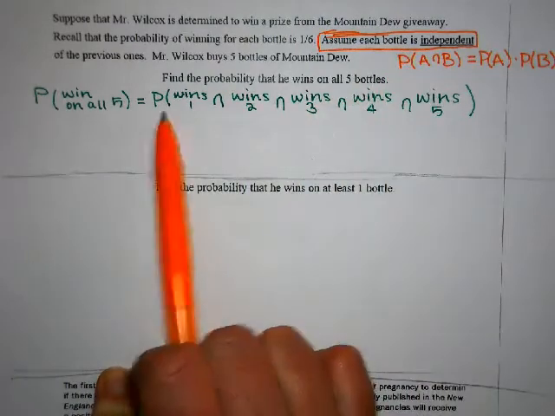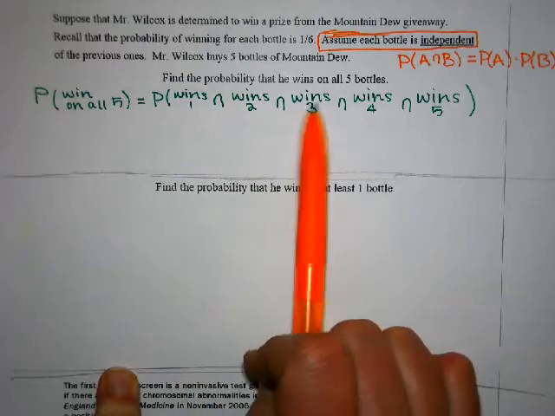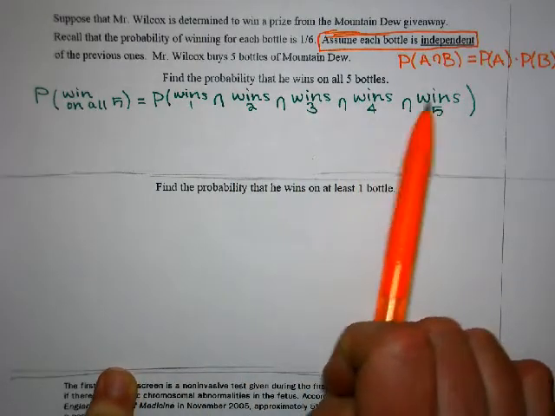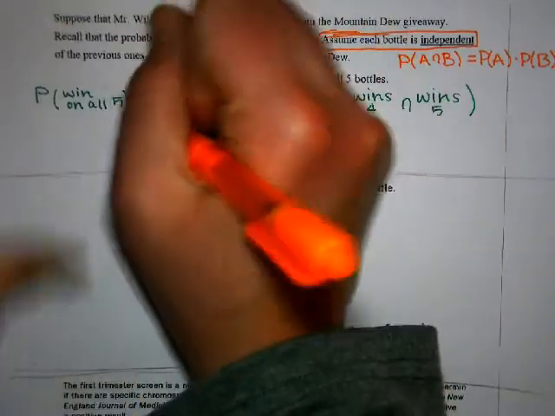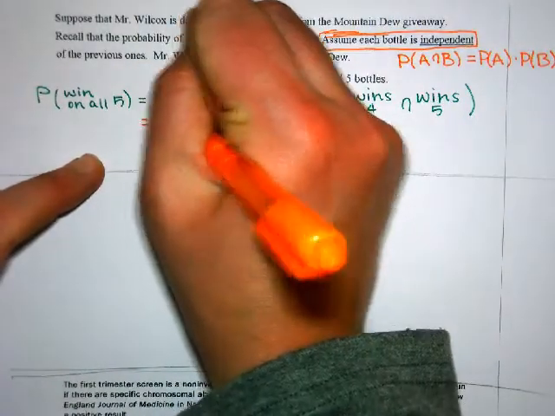So the probability that he wins on 1 and wins the second and wins on the third and wins on the fourth and wins on the 5th can be found by taking the probability that he wins on the first